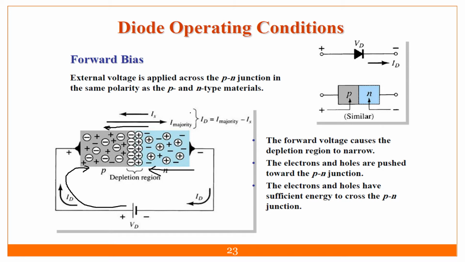So overall current is nothing but the current due to the majority charge carriers minus the saturation current, that is nothing but the reverse saturation current. Reverse, that is nothing but the minority charge carrier. Okay,